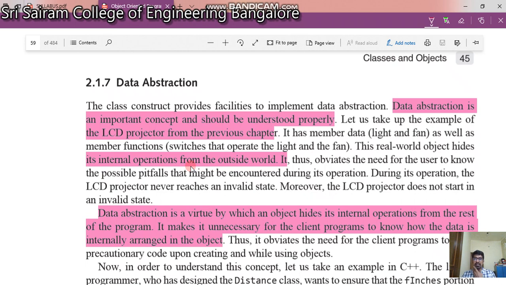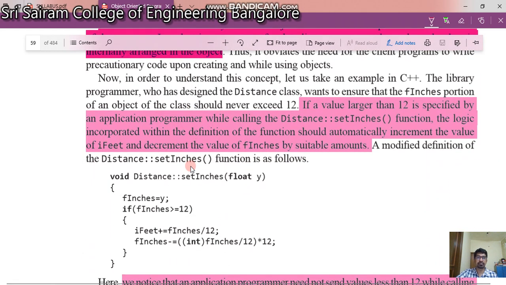It hides how actual things work inside. That's why it says it's a virtue by which an object hides its internal operation from the rest of the program. I have no idea how it works, but I know that it works. When light is there, fan should be there. When fan is off, light should be off. So this is called data abstraction.